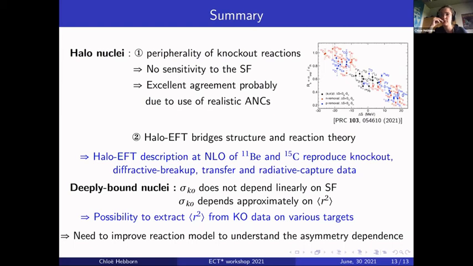I didn't try it, to be honest, to go to leading order, but once you know that your cross-section scales with the ANC, it seems logical that it should be constrained by the description of the projectile. Yes, I agree. I just wonder whether next-to-leading order really is not leading order. That's really what I want to know. Maybe Daniel has a comment because he's raised his hand.